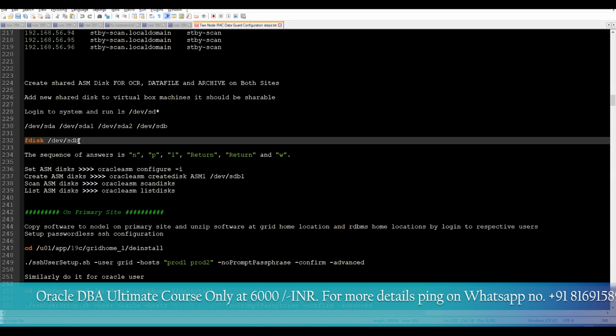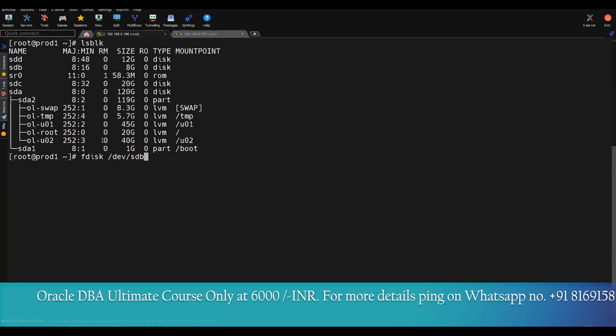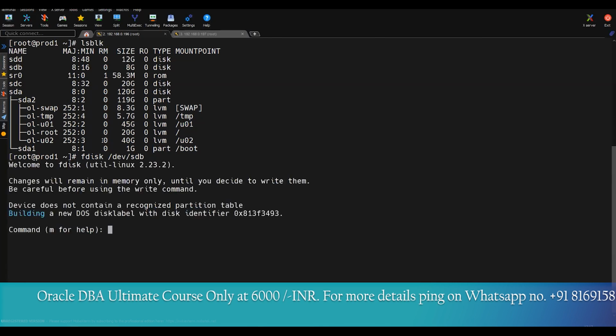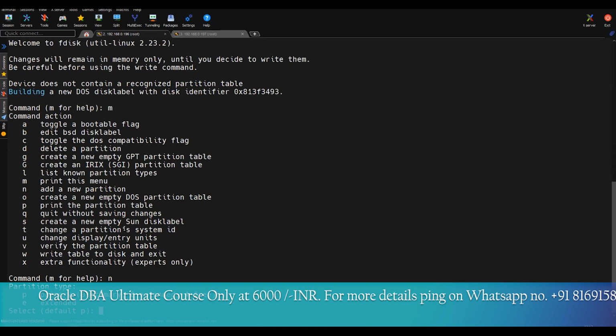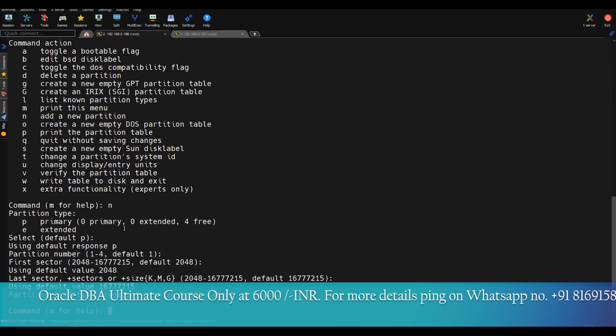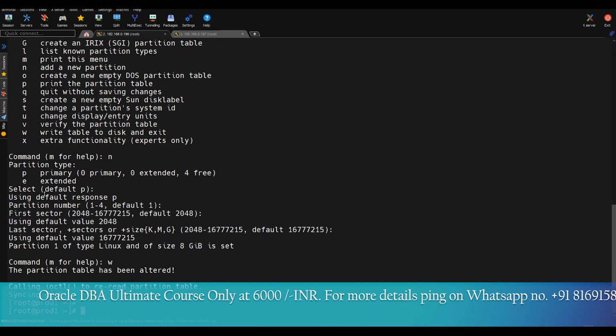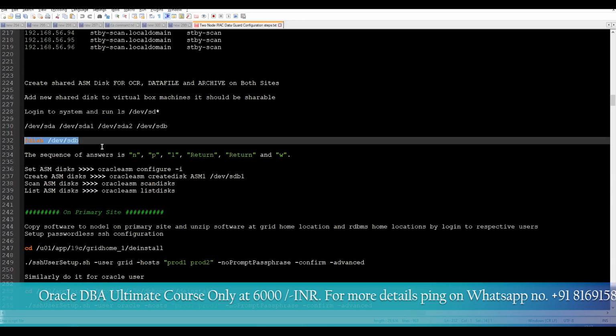In order to do that, we need to use the fdisk command. fdisk is one of the commands you can use to make partitions. Once you run this command, you can press M for help. If you don't know any command, you can run M to get help. In order to create a new partition, you have to use the N command, then just click next, and finally you have to save this using the W command, which writes it back. So this one is also completed. Similarly, you have to do it for the other